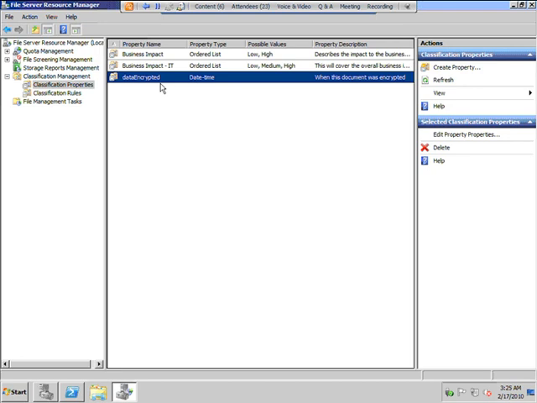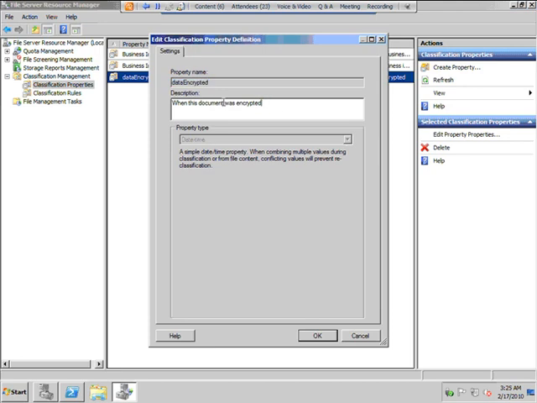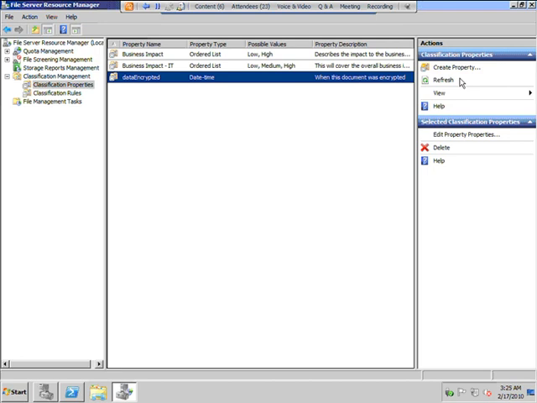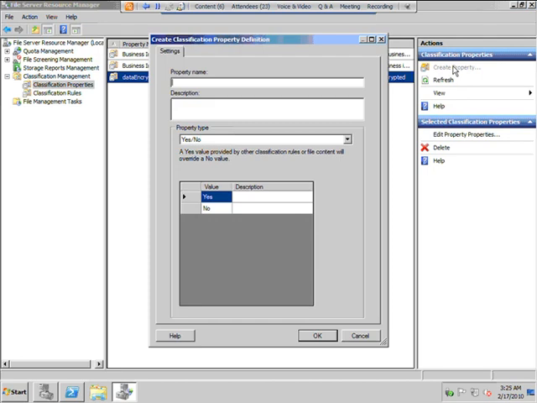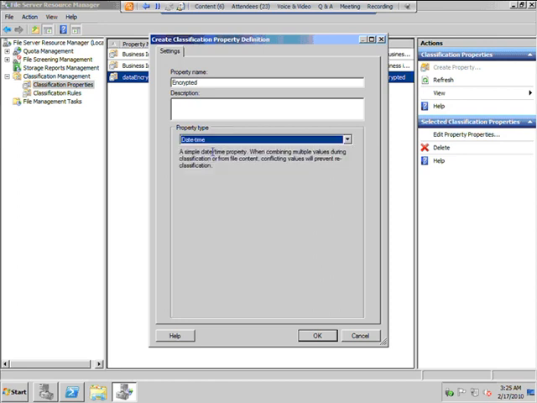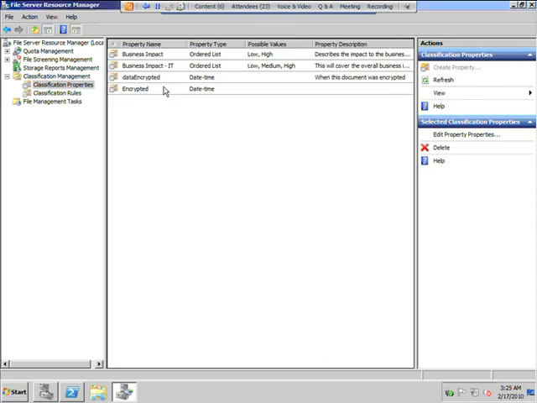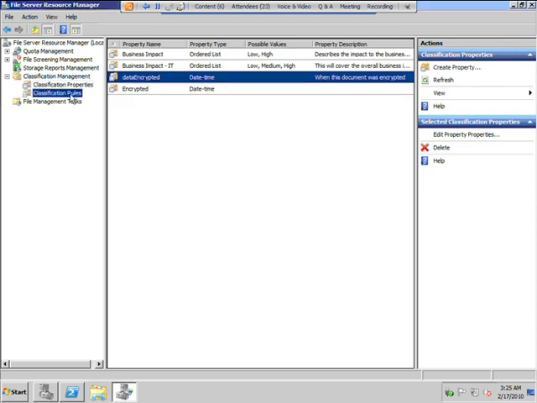Similarly, I have created one property for my encryption. So I'll say data encrypted. So when this particular document was encrypted, that I can select. So I've selected the date time option over here. I can say the same way. And I have to select an option for what I want. So a simple date time property. It's like that. Now once you have created the property for your data, we have to